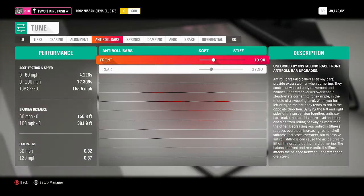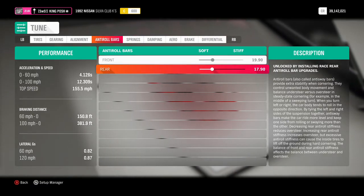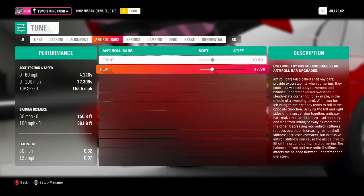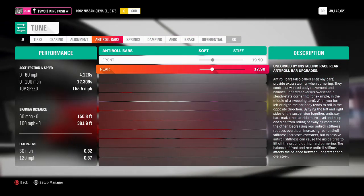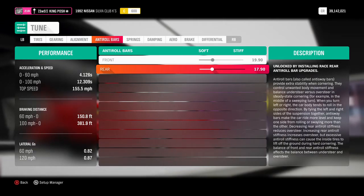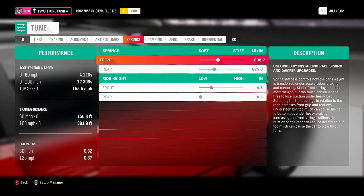Alright, anti-roll bars. You got 1990 in the front and 1790 in the rear. Now when you get these cars, those numbers are not exactly the same. You have to take them all the way down to stiff and all the way back to soft to zero them out. We'll go with that. Springs,